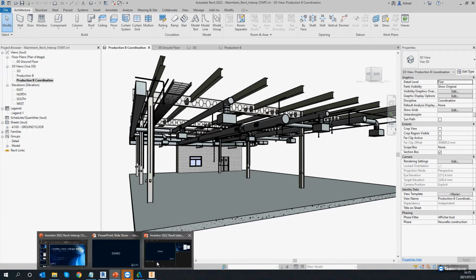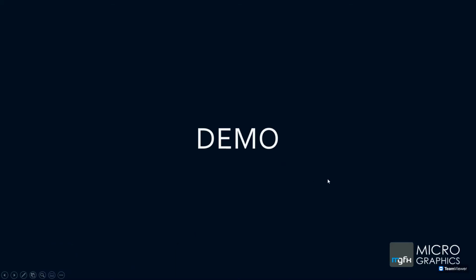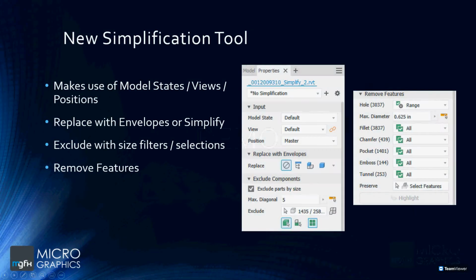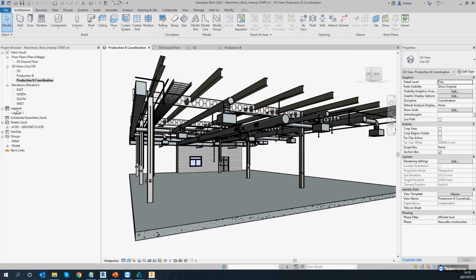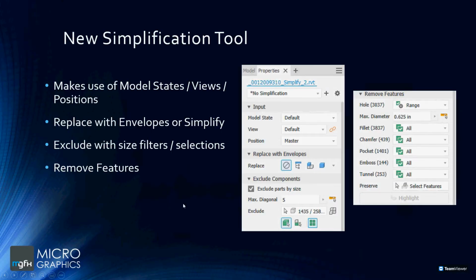So that is the process of bringing in the Revit file and then starting on the Inventor design. Now, once the design is completed, so we skip ahead to where our Inventor design is completed and we have all of our machinery in place. We have something very important that we have to consider at this point, and that is the complexity of the